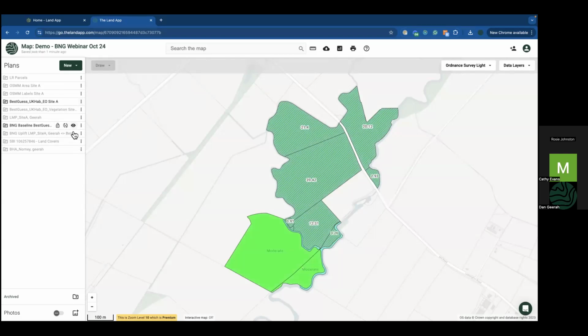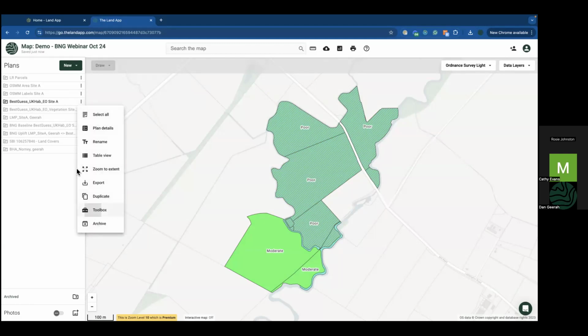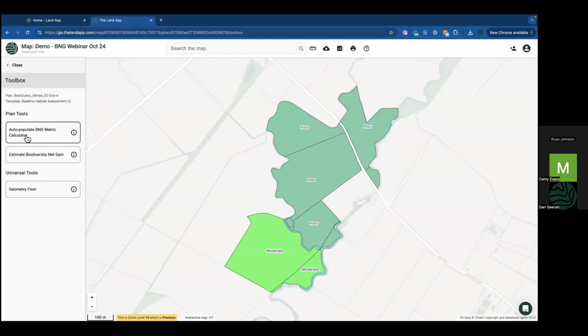So we can ignore these BNG plans. I would almost recommend locking the two BNG outputs. Don't ever really edit these directly. Just keep editing your original plans, just so then you know you've got the source of truth in the right place. But instead of hitting the biodiversity estimator, what I'm doing is hitting toolbox and then